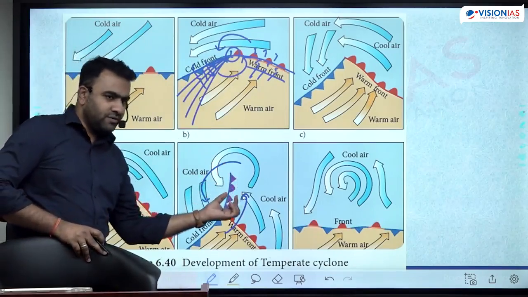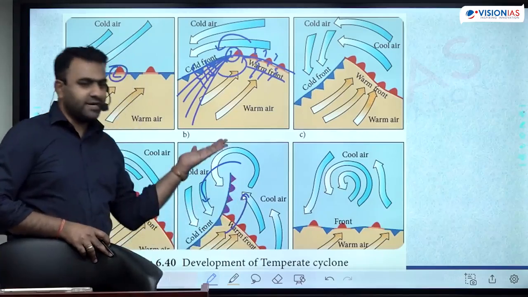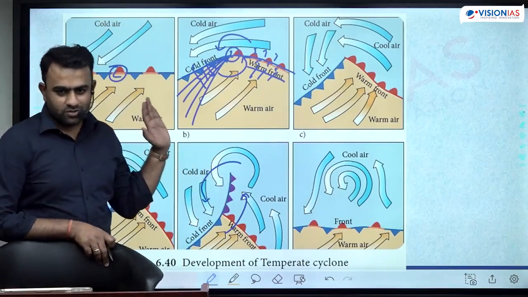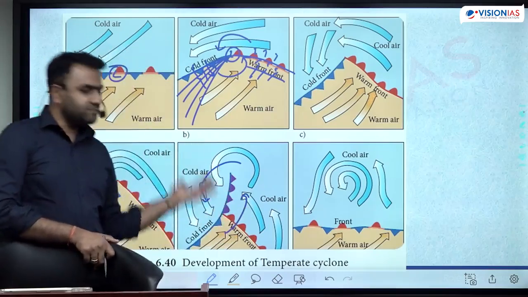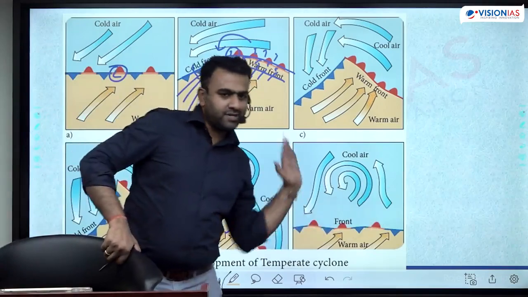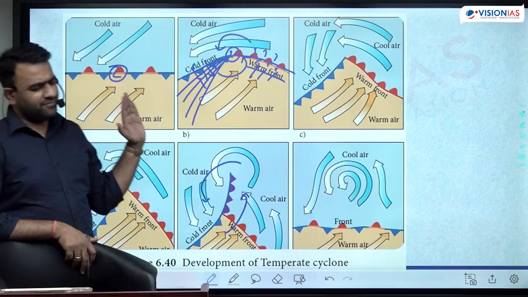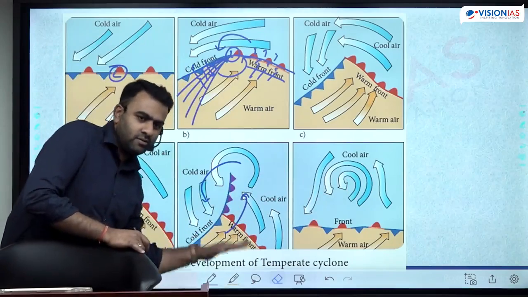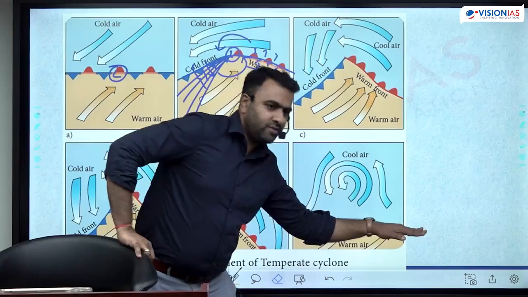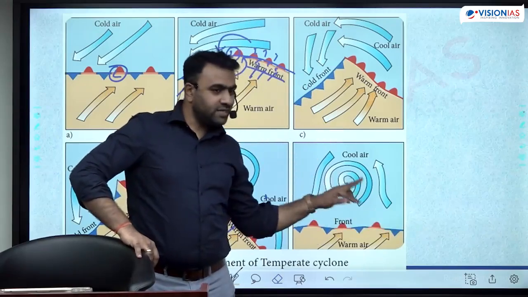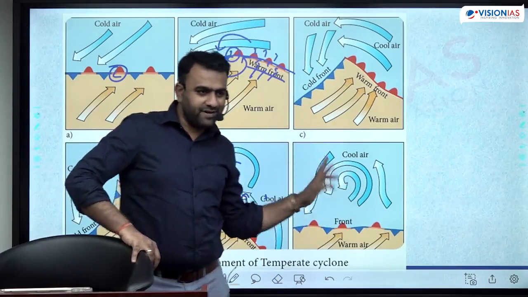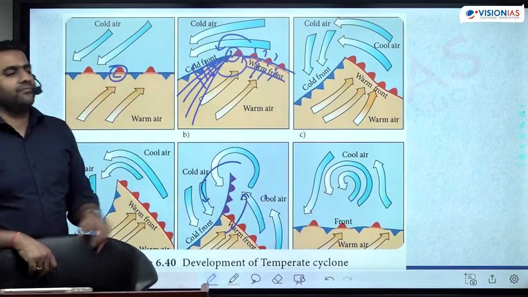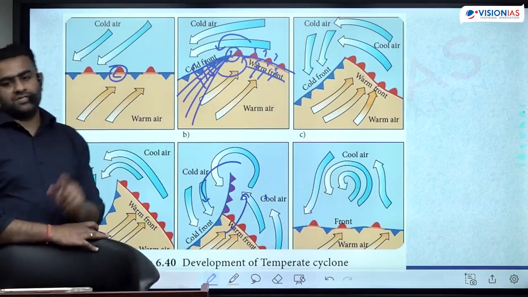Okay, so with the occlusion happening, this entire warm sector is completely getting uplifted. There is heavy rainfall, thunderstorm, lightning, everything is happening. The occluded front. But once the entire warm sector is uplifted, everywhere there is cold air. There is no more warm air left. All the warm air which is here has gone below. This came down a little. Then from here there is warm air, here there is cold air. If there is enough difference between the warm air and cold air, there is another front developed here. Again, it comes back to the first stage.